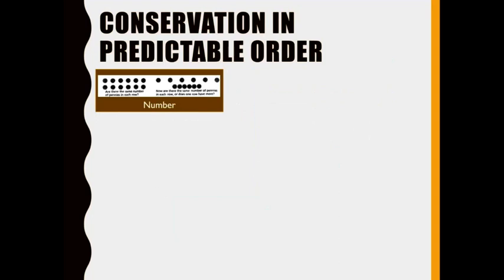Usually kids get number first. So here I have an example where you have 2 rows of items. Usually I use quarters when I do this demonstration. And you put 6 in one row, 6 in the other, and you ask the child, is this the same number of quarters in each row? And after they agree that it's the same, and you spread out one of the rows so that it's longer now, a pre-operational child will think that the longer row has more, whereas a concrete operational child will recognize that